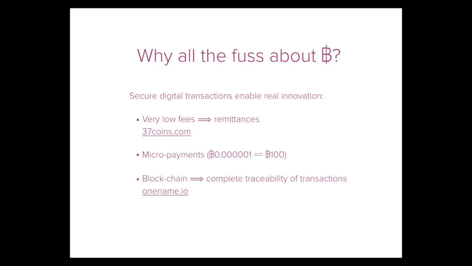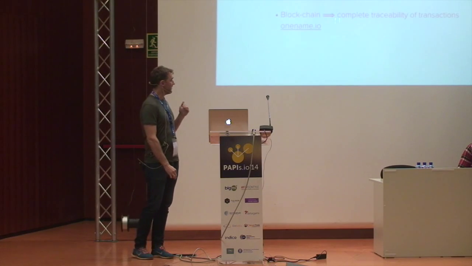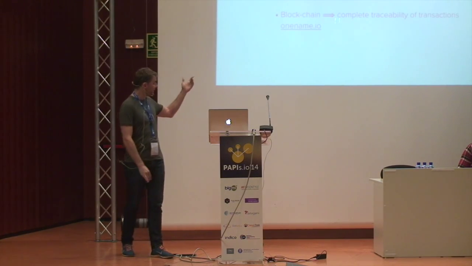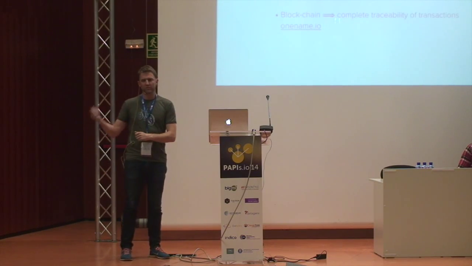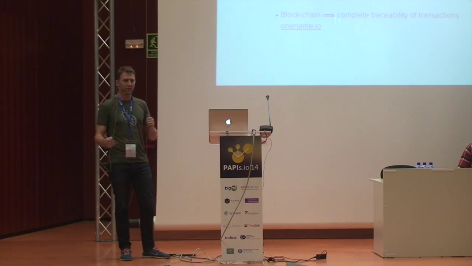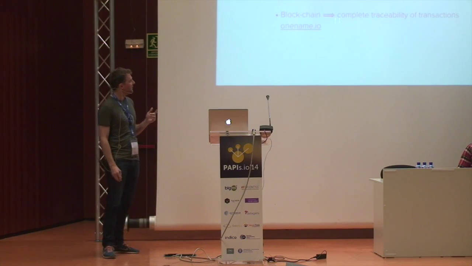The other part of Bitcoin, which is, I think, maybe the more interesting one, it certainly hasn't had the press outside of the Valley, is the blockchain. So this is the ledger, the cryptographically robust record of all the transactions involving Bitcoin. And so that gets to some interesting things. OneName.io is either Big Brother's dream or something really useful. I haven't quite decided which, although I did sign up, so we'll see.